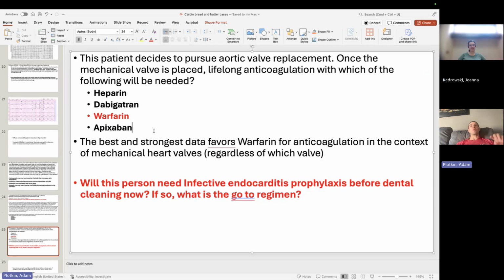So we have our intrinsic, extrinsic pathway, right? Intrinsic will be 12, 11, 9 plus 8, 10, 5, 2, 1. So if we block 10, right, we're blocking the common pathway. And then the extrinsic pathway, we start with factor 3. It activates factor 7. And then we go 10, 5, 2, 1. So we're blocking factor 10.